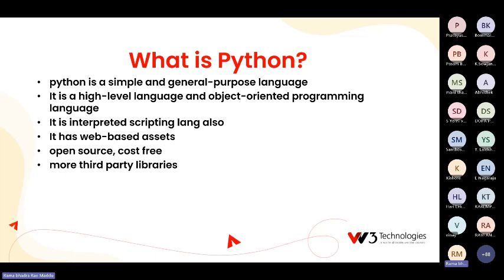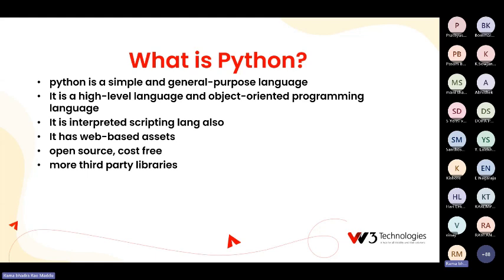Some are available for server-side applications. Different specific purpose languages are there. But Python is not intended for any specific purpose. It is general purpose. You can develop any type of applications. It supports high-level programming and object-oriented programming. It is interpreted, with no need of compilation. Several huge libraries and tutorials are available on the internet.